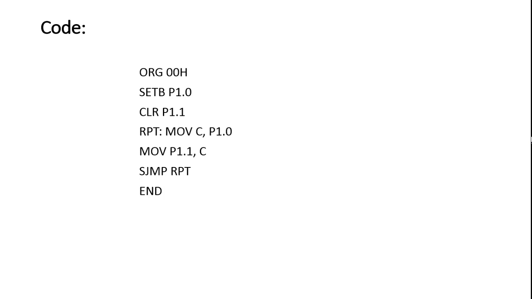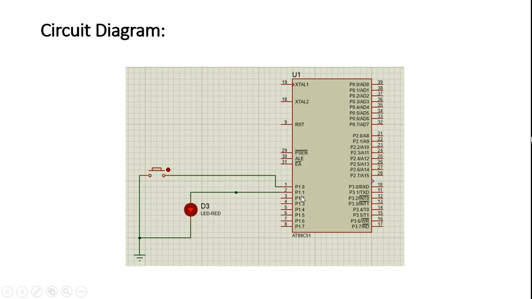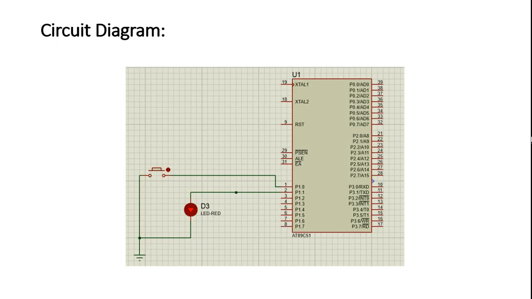In our case, we are only using one pin, and if you see here, we are using two pins of the same port. ठीक है, पहली पिन हमने इनपुट बना दी and the second pin को हमने आउटपुट बना दिया. ठीक है, so this is what you can do with the microcontroller.